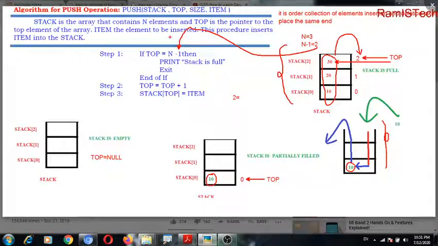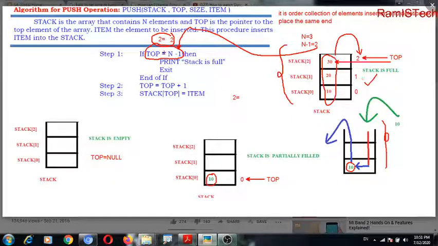So again, this top value is how much? 2. So 2 equal to 2, which becomes true. This condition becomes true for this example.